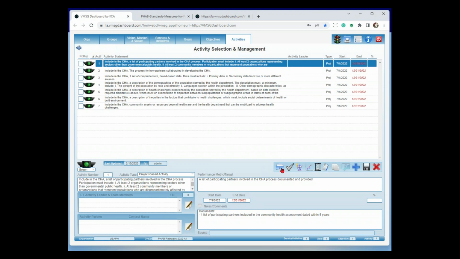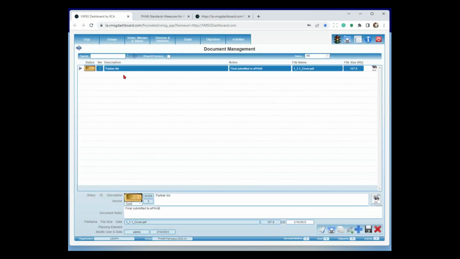You look on the document management button here, it says there's 3 documents attached. If I click on that, you notice it only shows the one, and that's because it's version 3. Well, this checkbox says show all versions. So these are the different versions of the document in here. Typically, yellow would indicate a draft. Green would indicate you guys are done with it, ready to submit it. Gold would indicate that you've submitted it up into the EFAB system already. But again, typically I just want to look at the latest version so I can show that.